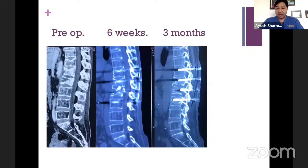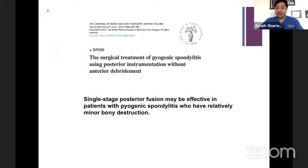Even the bone you can see is decent, not that great, and unfortunately she has a recurrence now. But she is able to mobilize. She is able to stand, and they are treating her for the recurrence which has happened. We went through the literature, and this is the paper which says what to do in such cases, on surgical treatment of pyogenic spondylitis using